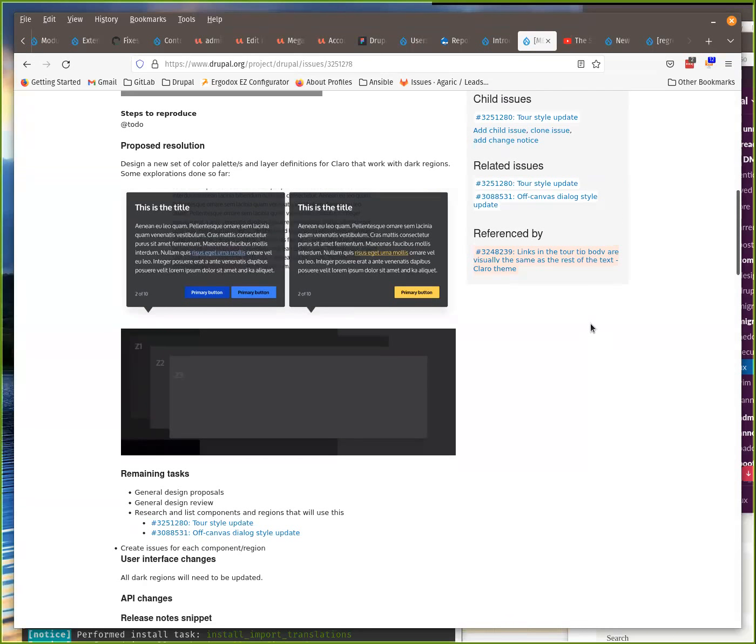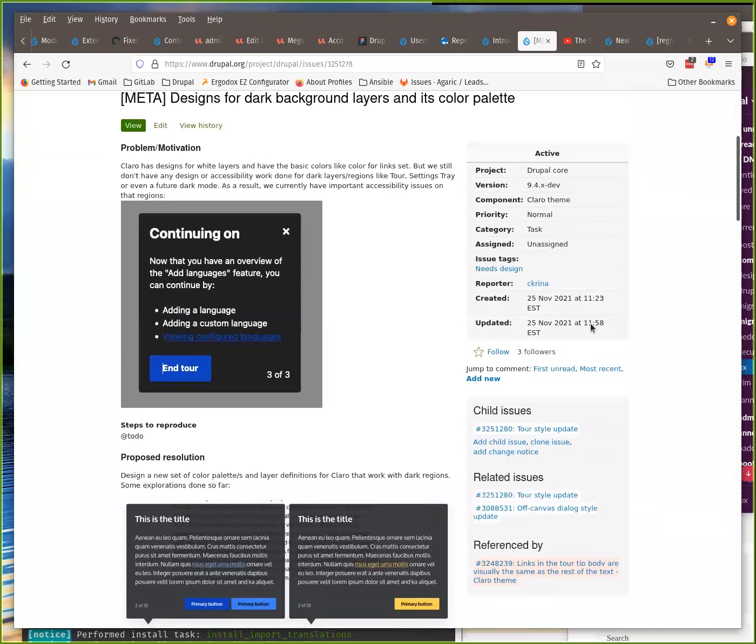And there was an issue that was saying that we had an accessibility issue. It was also on 7, an accessibility issue for 7. And we fixed that on 7, and it needed to be fixed on Claro. And the problem that we faced is that using the default Claro blue, as you can see at the top, it obviously doesn't have enough contrast with a dark background. And that's normal because from a design perspective, you always need a different palette for darker situations,